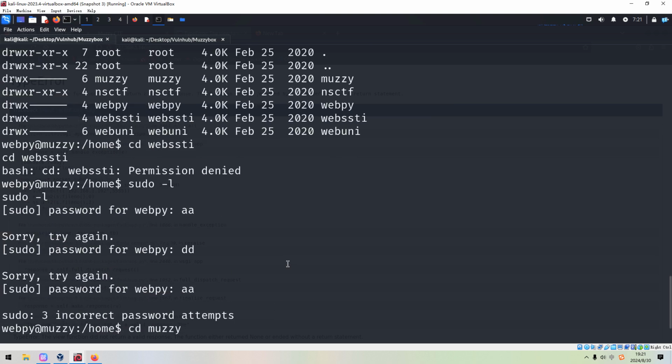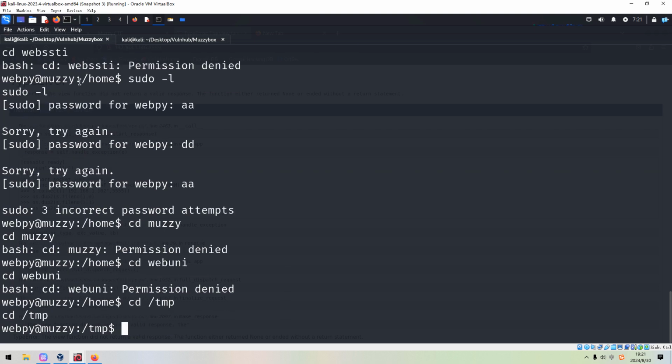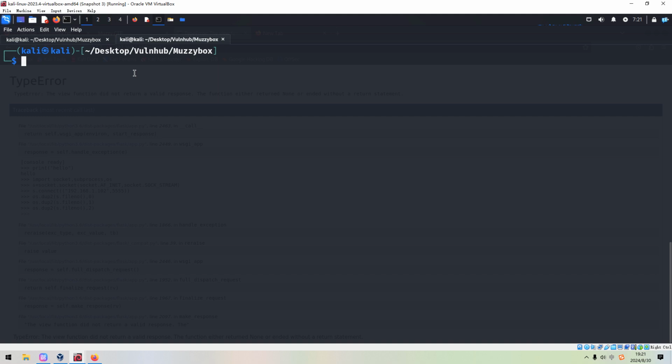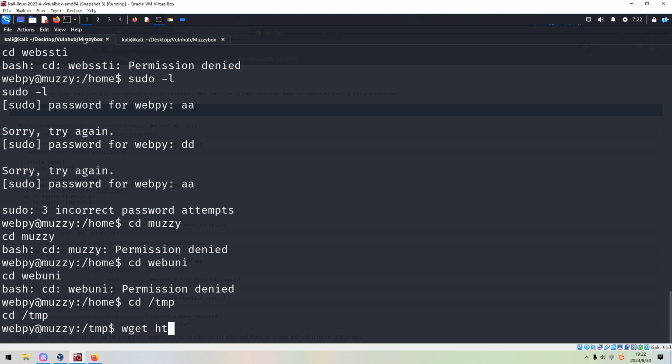Maybe we can upload the NumPy shell script to do the automatic enumeration, right? So now we can navigate to temp directory, and then I can copy from my toolsets directory and set up the web server on the Kali Linux. And now we can upload this file, NumPy.